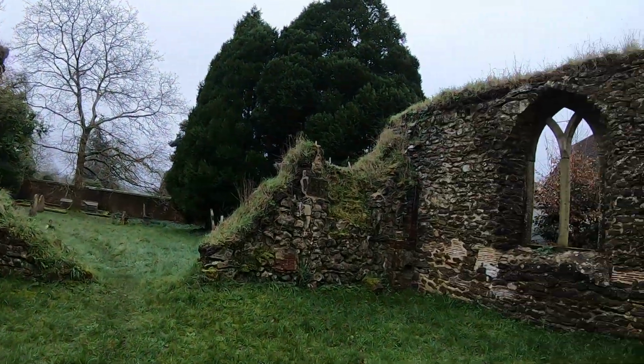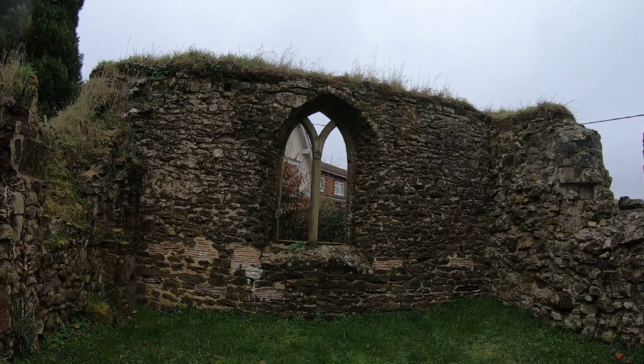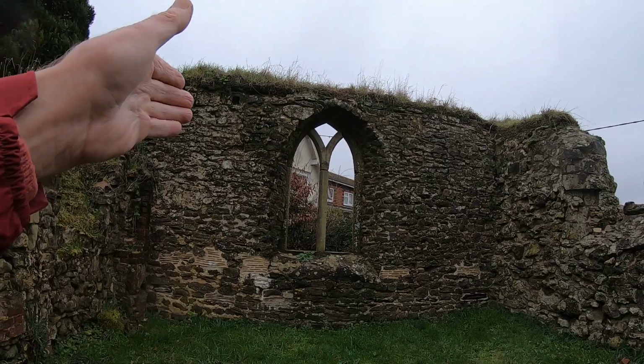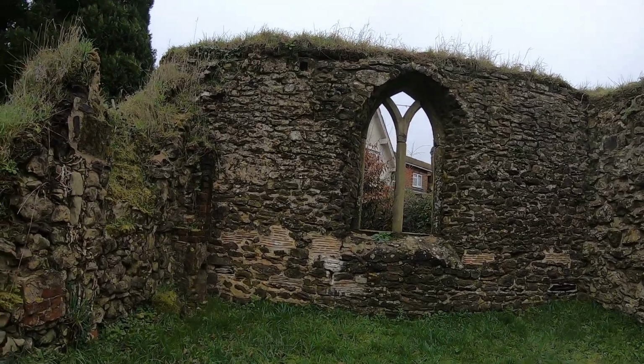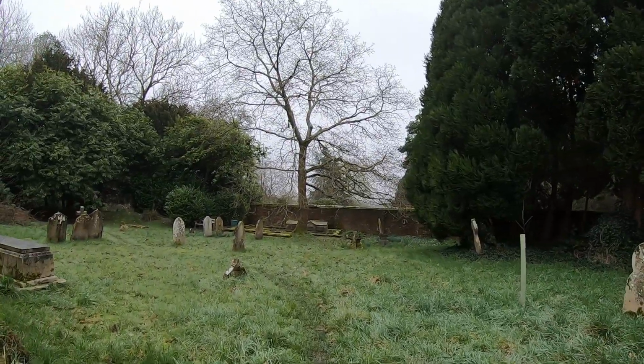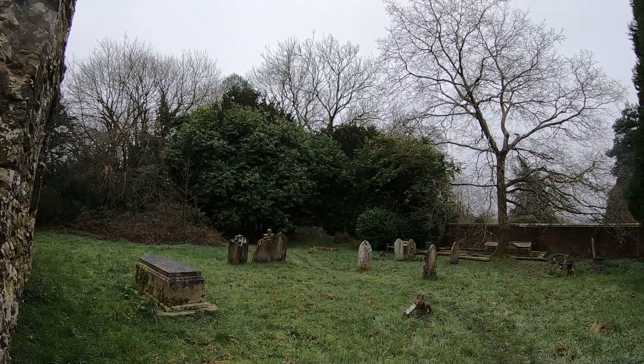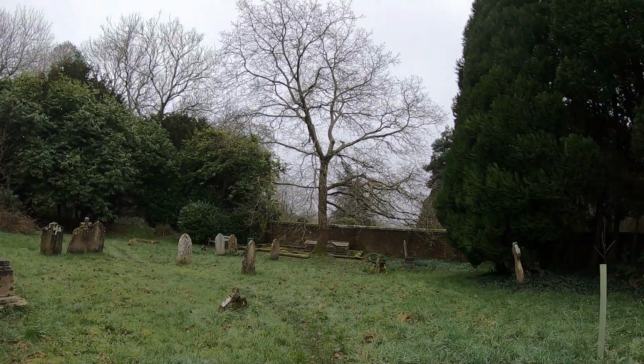So we're now inside the original part of the ruins. We're facing north, no sorry, we're facing west now. So let me just pan round this way. And here we've got the churchyard, but we'll have a quick look round there in a minute. There is an ancient yew here,